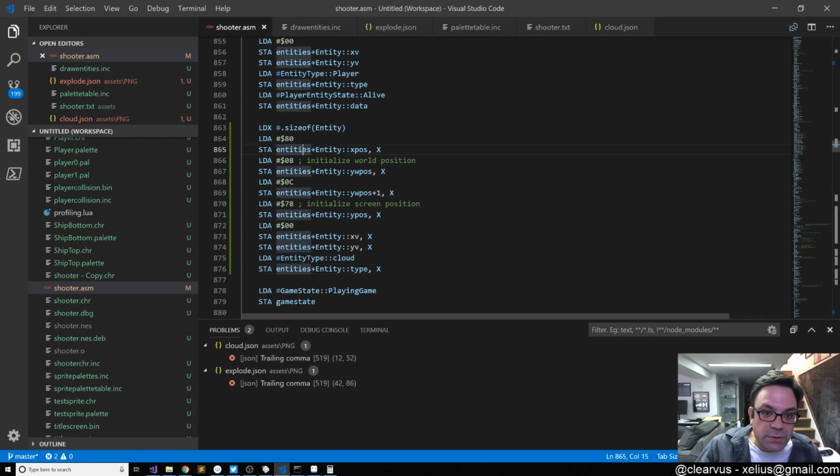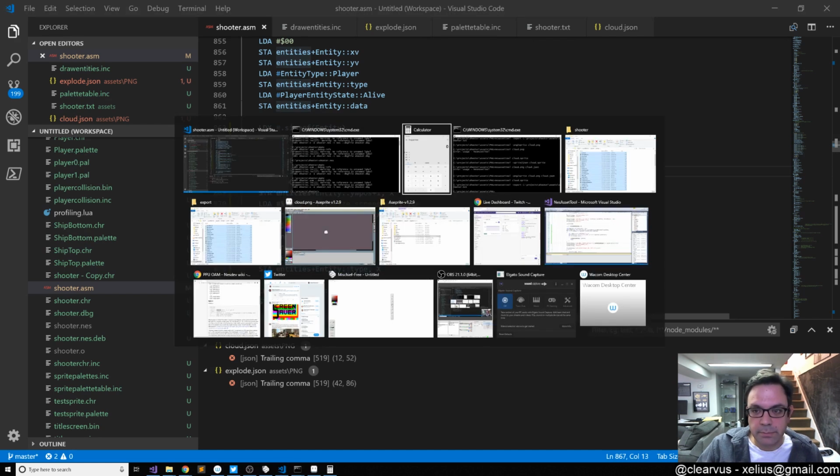So I want to change it so that the, let's see. That is the Y world position, which is 80C, which is technically right for that, but I actually want it to be a little bit